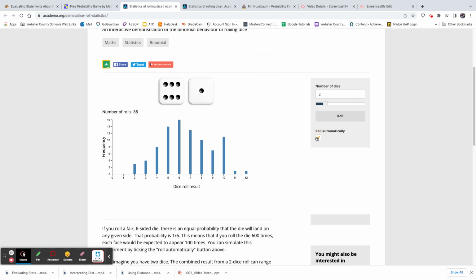So remember, you can maybe come up with the theoretical probability by actually listing all 36 and figuring out how many of those would give you a sum greater than 7. And then you can run the experiment and actually see if that comes out to be what you thought it would be.